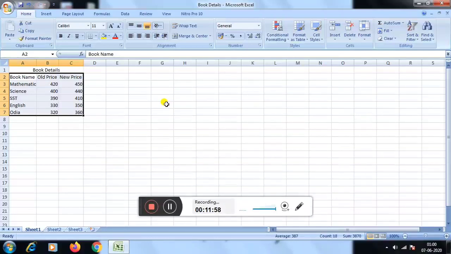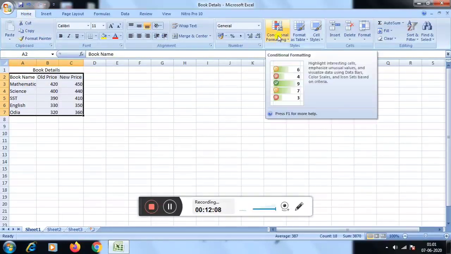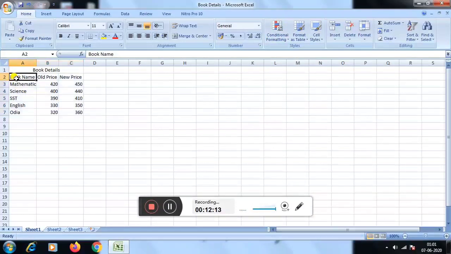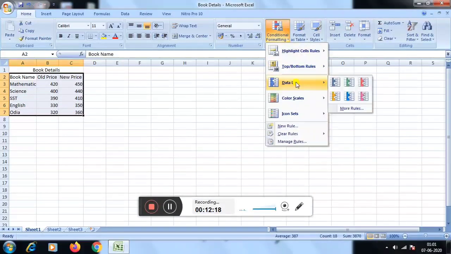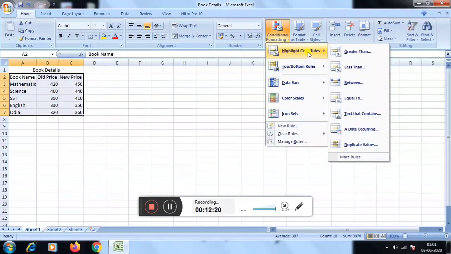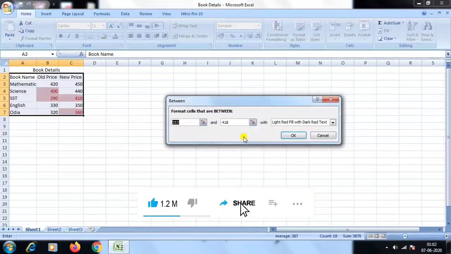Let's do the practical. For conditional formatting, you have to go to the home button, then click on conditional formatting. Before that, you have to select your table, then click on conditional formatting. Here, highlight cell rules. One option is there, between. You click on that.